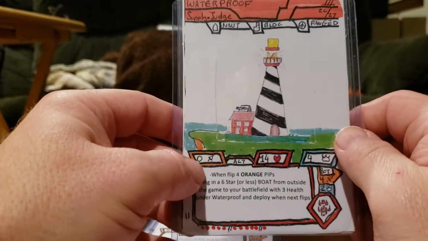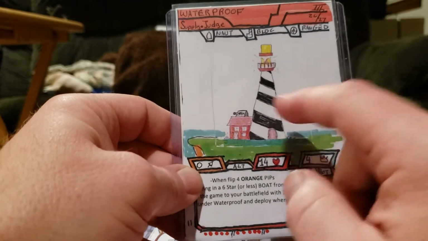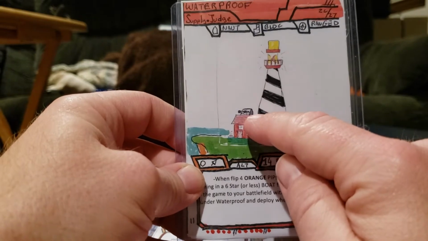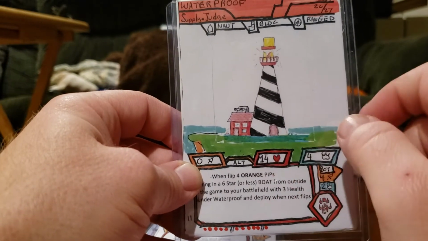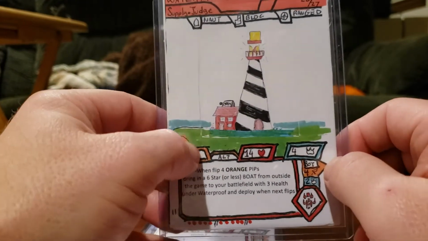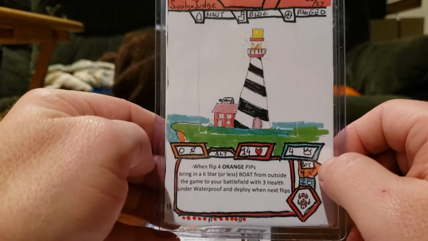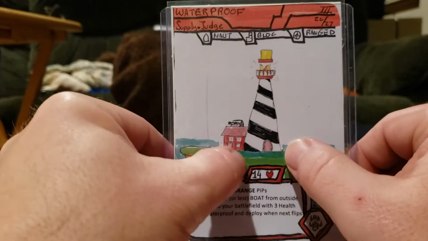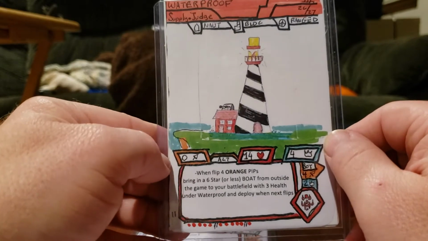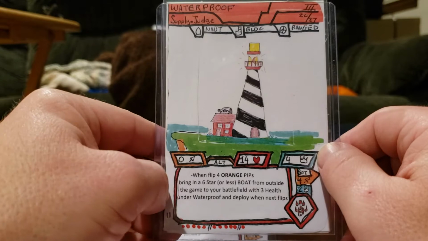He has no attack, 4 defense when he's in lighthouse mode. If you hadn't noticed, I drew a little turret or a little gun thing on top of the house part of the lighthouse. And you'll see that in his bot mode, which really washed out. And I did add a little bit of a background here, like he's on a cliff with the ocean in the background. If you flip 4 orange pips,